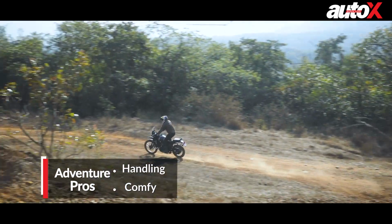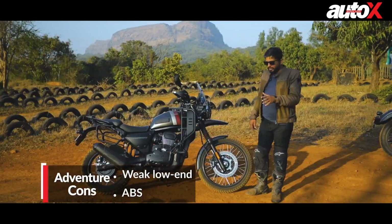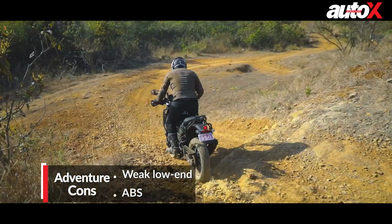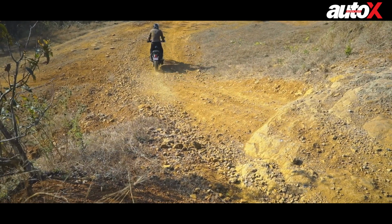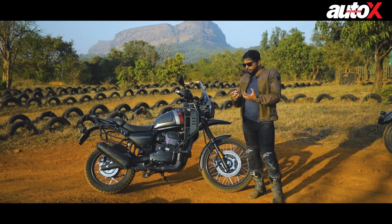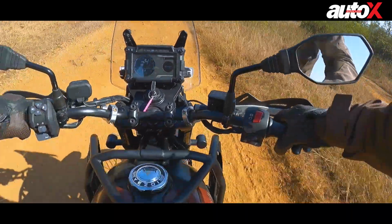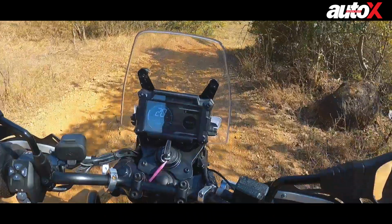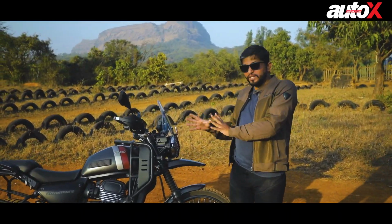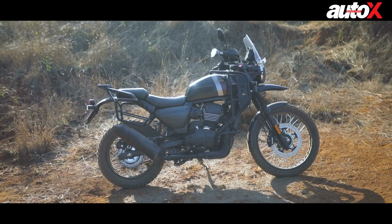Now my final problem with this motorcycle is again the brakes. The ABS is really intrusive, and if you're going downhill, the moment you touch the brake lever, it just goes into some sort of overdrive and kicks in, kicks out. It's really weird, because for me, a motorcycle has to brake better than it accelerates or handles, because that's where you get the confidence. You need to know that you can stop in time, and that the brakes are always there saving your face. But this one, actually not just this one, even the Scrambler, they felt really weird,